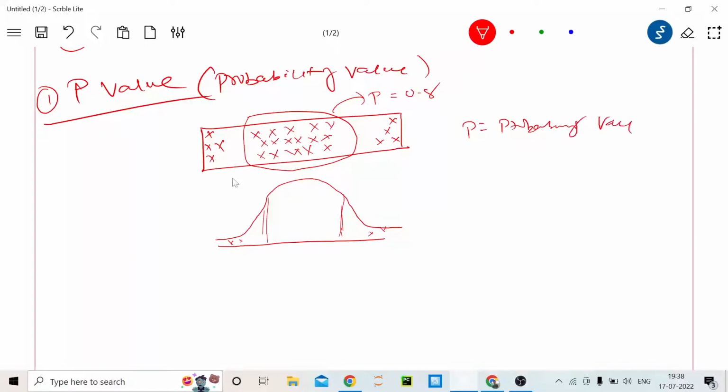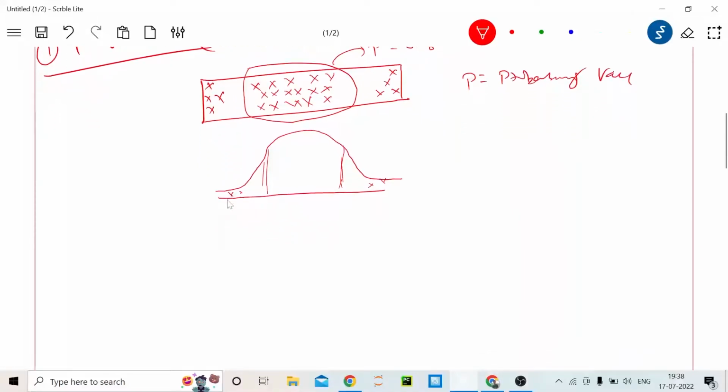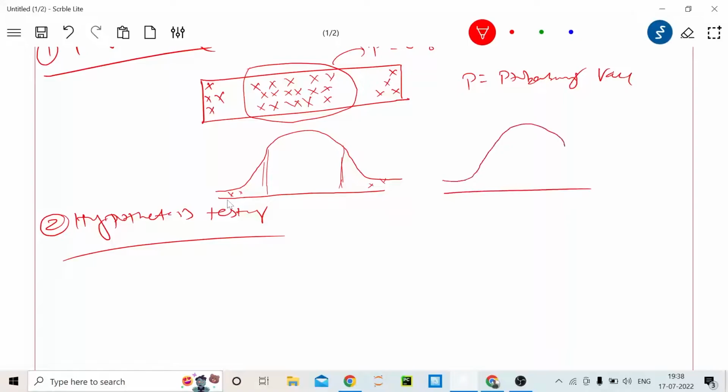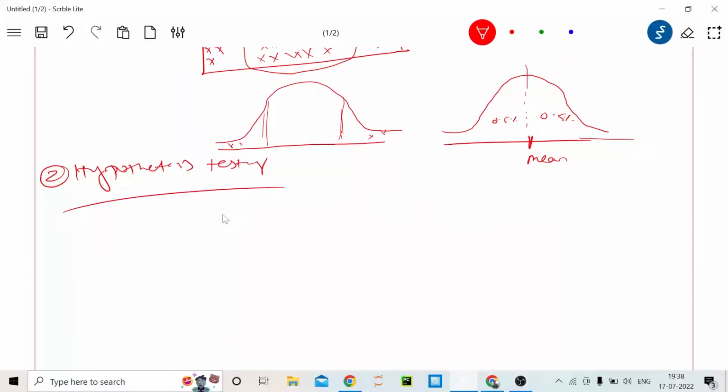After that I will teach you one more thing: hypothesis testing. One more thing is that this distribution is symmetrically divided, this is our mean, and this is 0.5 and this is 0.5. That means it is symmetrically divided on each side. Now, in hypothesis testing,